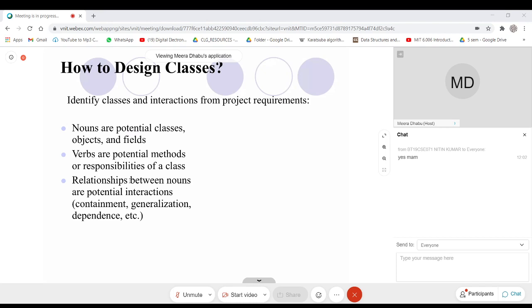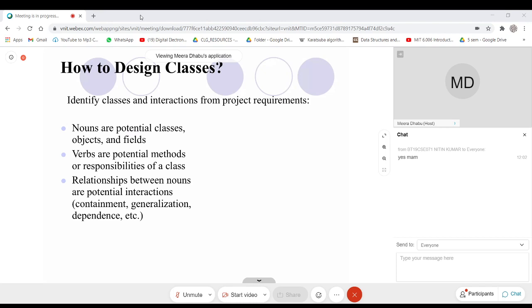At the same time, wherever you are making use of verbs, think that these verbs are potential methods or responsibilities of a particular class.